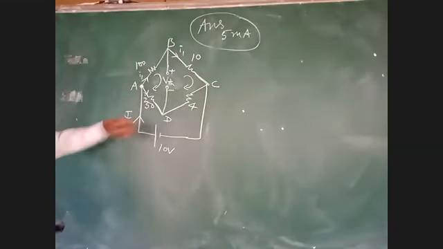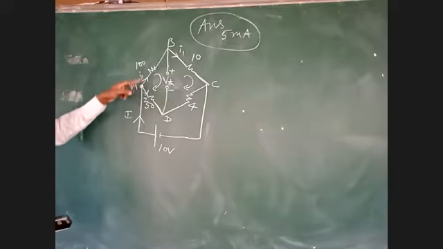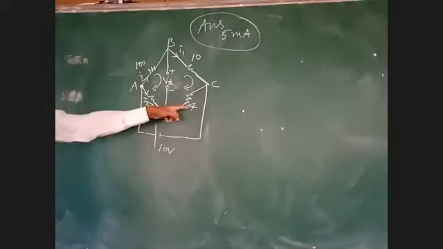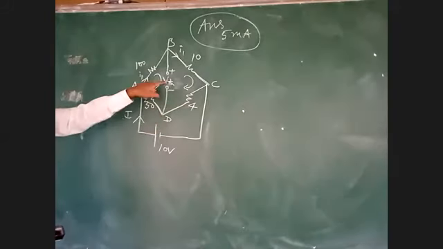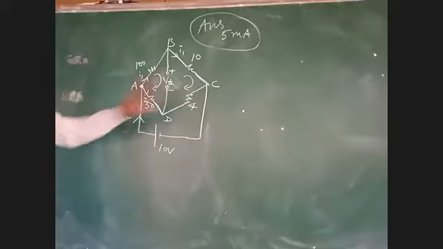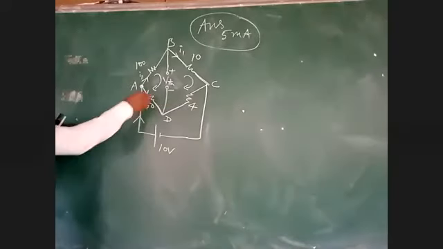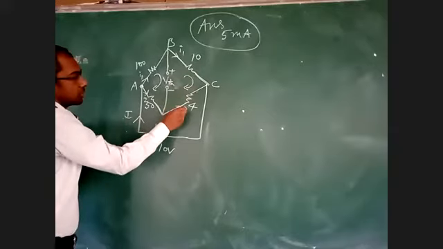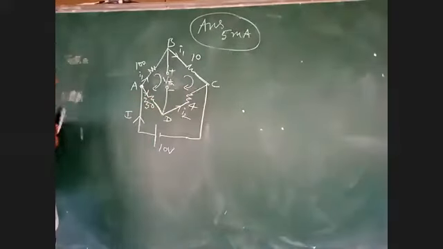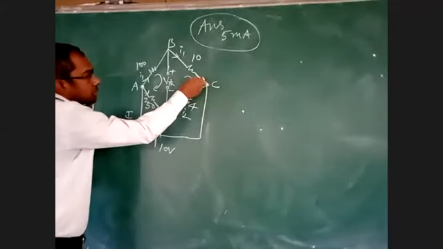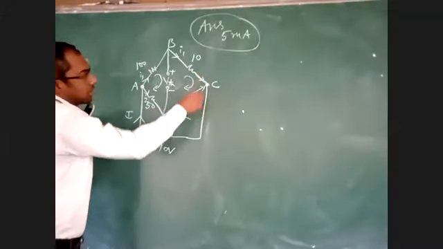Now come to here. Here current will divide in these two as I1 and I2. Now 50 and 4 are in series because current will not divide here. Here open circuit is there. Like if you want to write it again, 50 and 4 are in series. I2 is flowing like this. Now here same current I2 will flow in 4 ohms. Now I1 and I2 will come here. This is I1, this is I2.